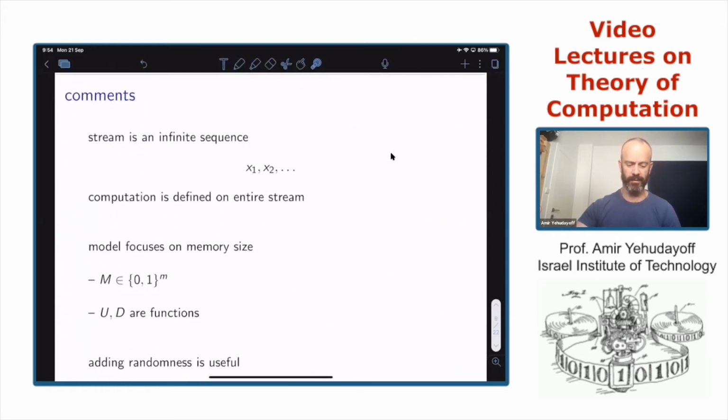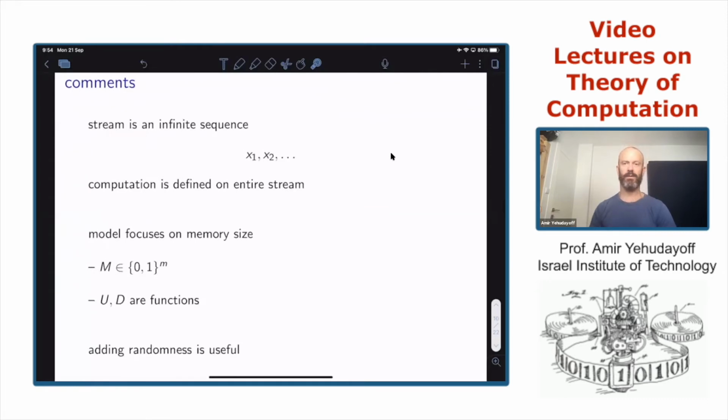Before the example, I want to make 3 comments about the definition. So the first comment is that a stream is an infinite sequence in this specific model, and the computation is defined on the entire stream, on the infinite sequence, but we check its correctness only at finite times.